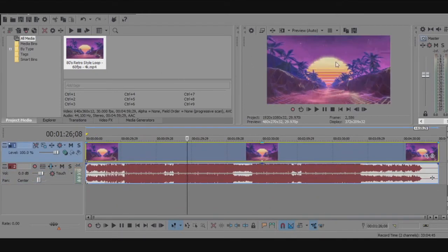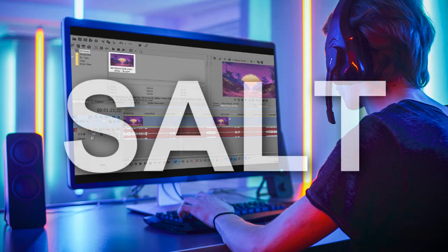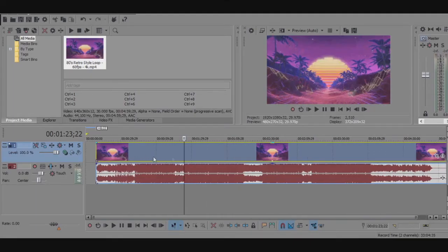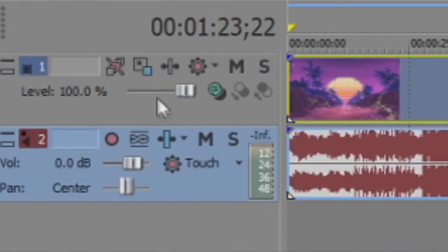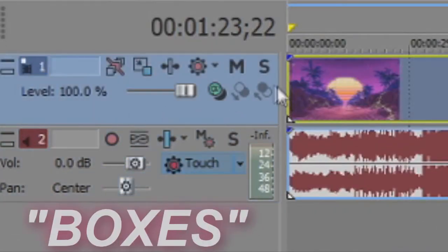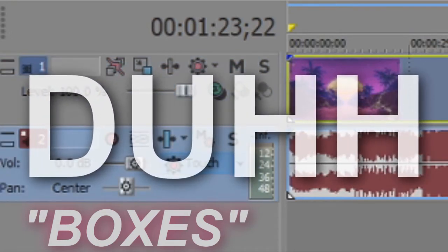So as you can see, the previous screen is no longer there because we are previewing this video. Have some common sense. Anyways, so here you can see the video, here you can see the timeline, and we have two, I'm going to call them boxes. This is for the video and this is for the audio, as you know, it's obvious.